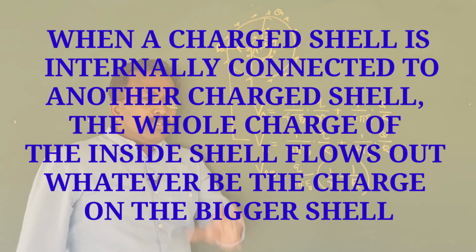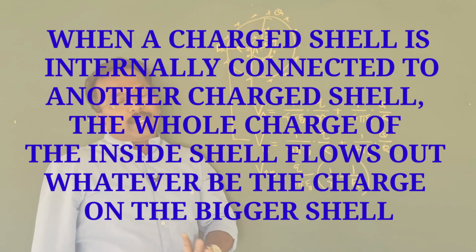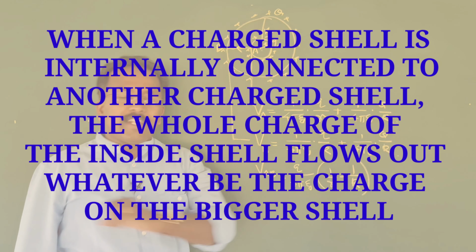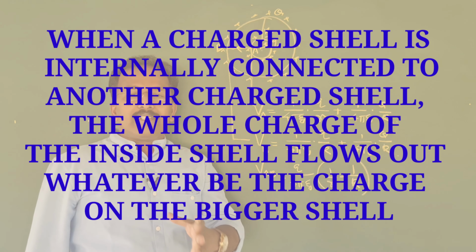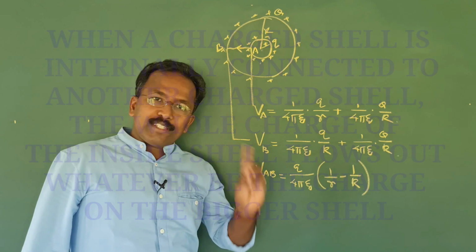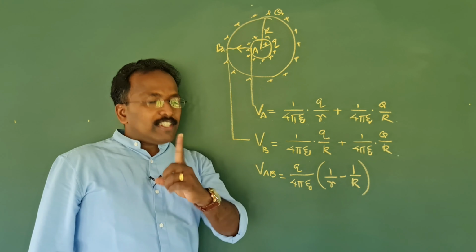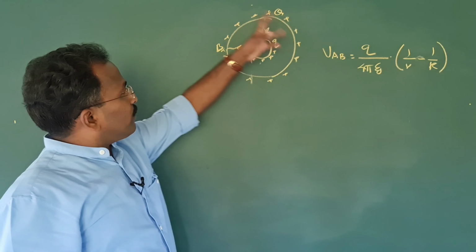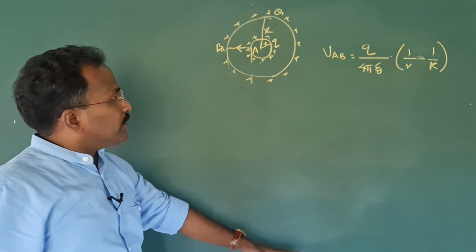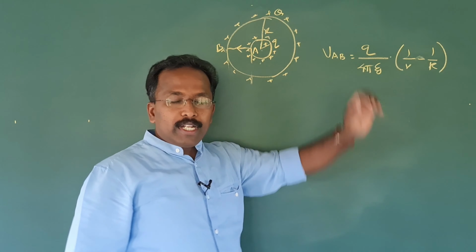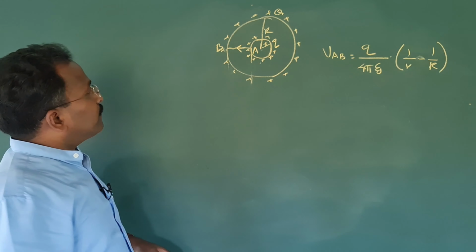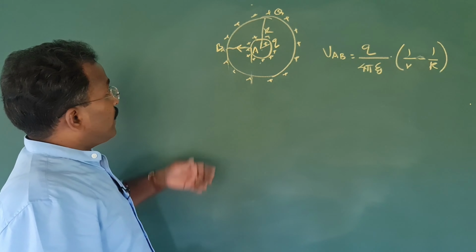It's really interesting. This was first noticed by Robert J. Van de Graaff, and he constructed an instrument based on this idea. We will study about that instrument now. See, I have redrawn this. Some few things are erased and the important potential difference equation is repeated there. See, this is the idea.